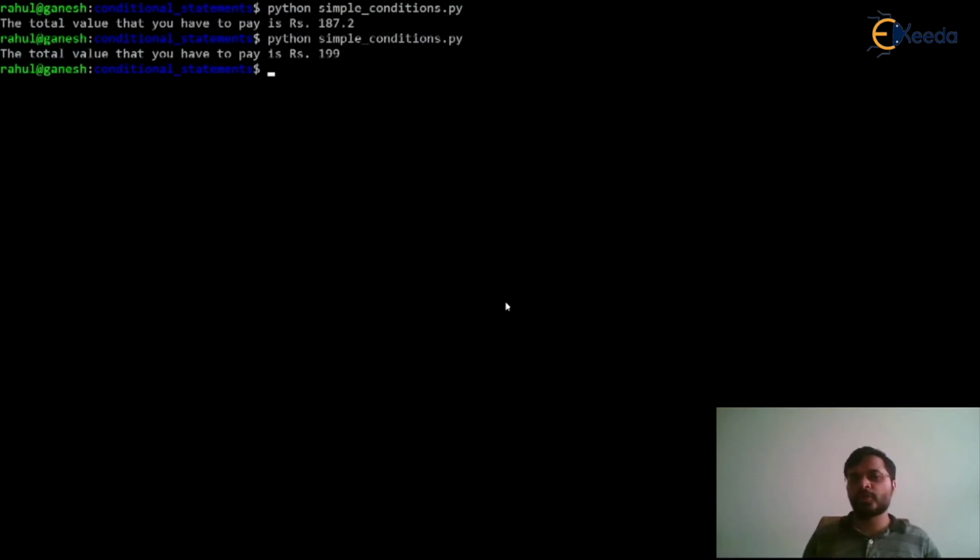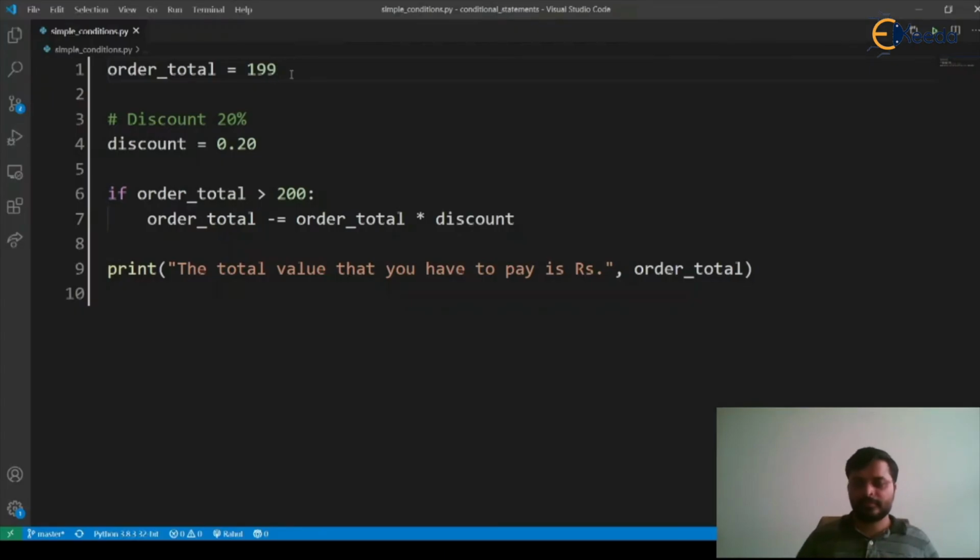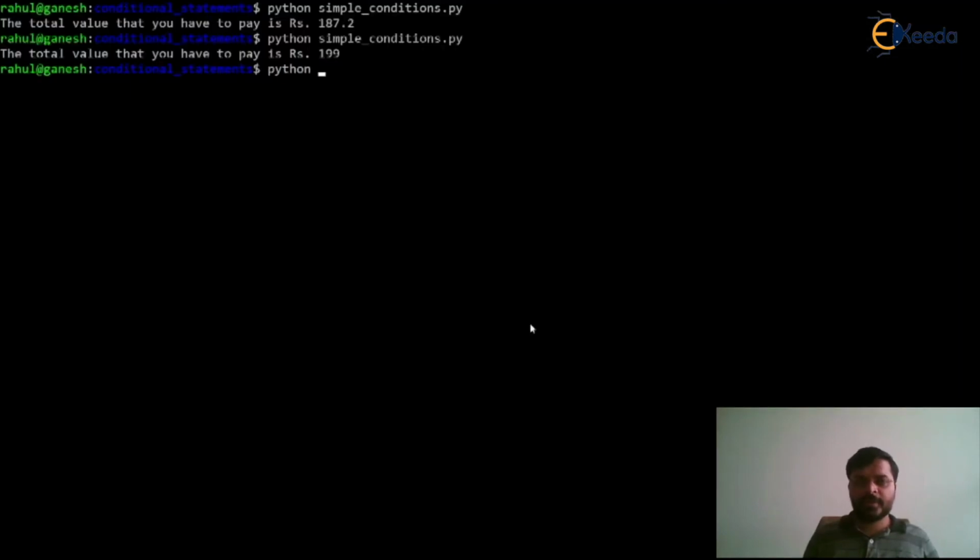Let's see what happens if we use 200. It's still 200 because our condition says the order total has to be greater than 200, then only it will be applied.